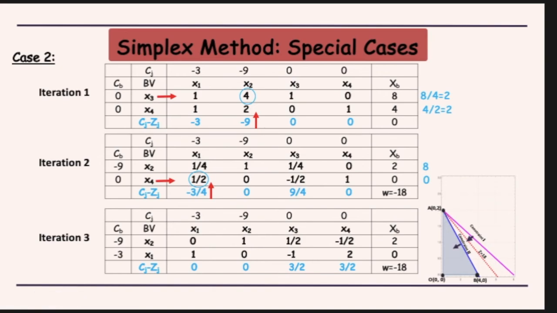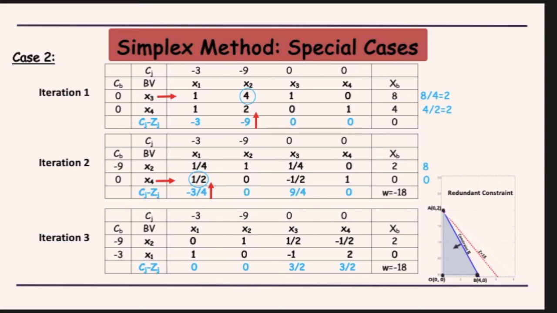Okay, so if we have such a situation in the graph, and if you can figure out that there is such a situation, then you would always end up getting degeneracy. And we can also see from here that if we remove this first constraint from our feasible region, it is not going to make any difference to the feasible region, that would still remain the same. So that also indicates that one of the constraints is redundant. So whenever we have such a situation, it is because the optimal solution is overdetermined, and it would also indicate that we have a redundant constraint.